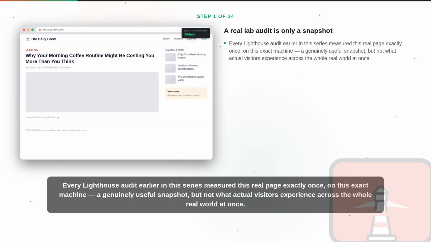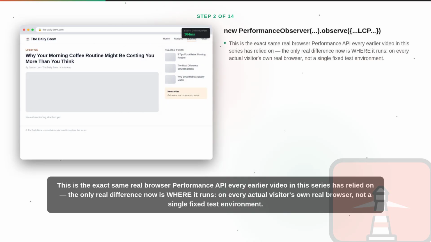Every Lighthouse audit earlier in this series measured this real page exactly once, on this exact machine, a genuinely useful snapshot, but not what actual visitors experience across the whole real world at once. This is the exact same real browser performance API every earlier video in this series has relied on. The only real difference now is where it runs, on every actual visitor's own real browser, not a single fixed